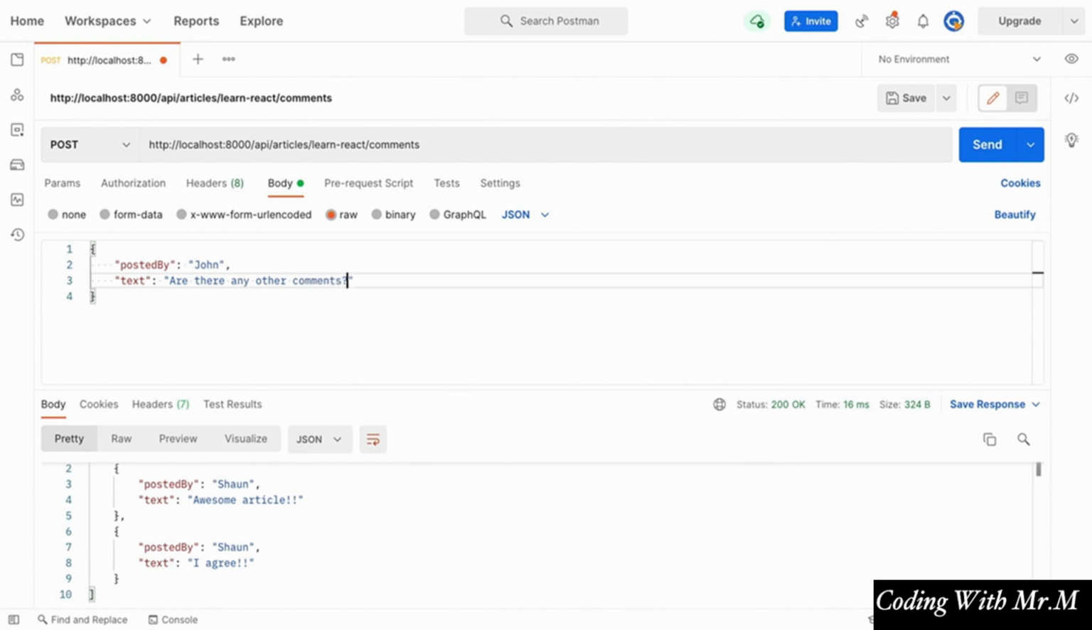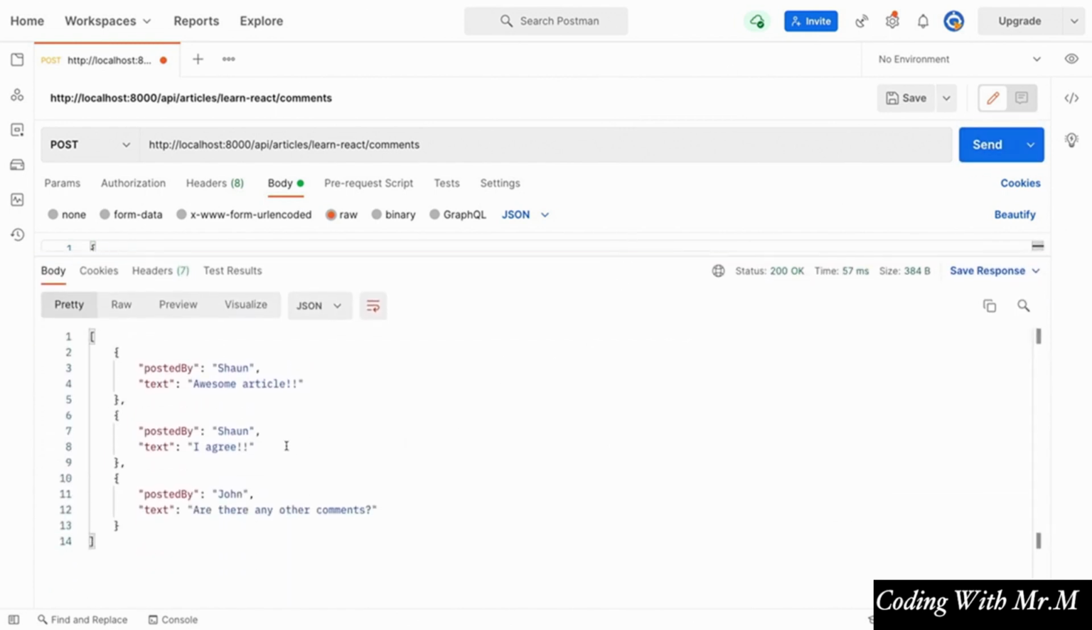And in addition to this one that we just submitted, the old comments that we added are there as well. So in other words, our application's data was successfully persisted by MongoDB, which is again one major advantage of working with databases in the first place. So now that we've converted the comments endpoint over to use MongoDB, the last thing that I want to show